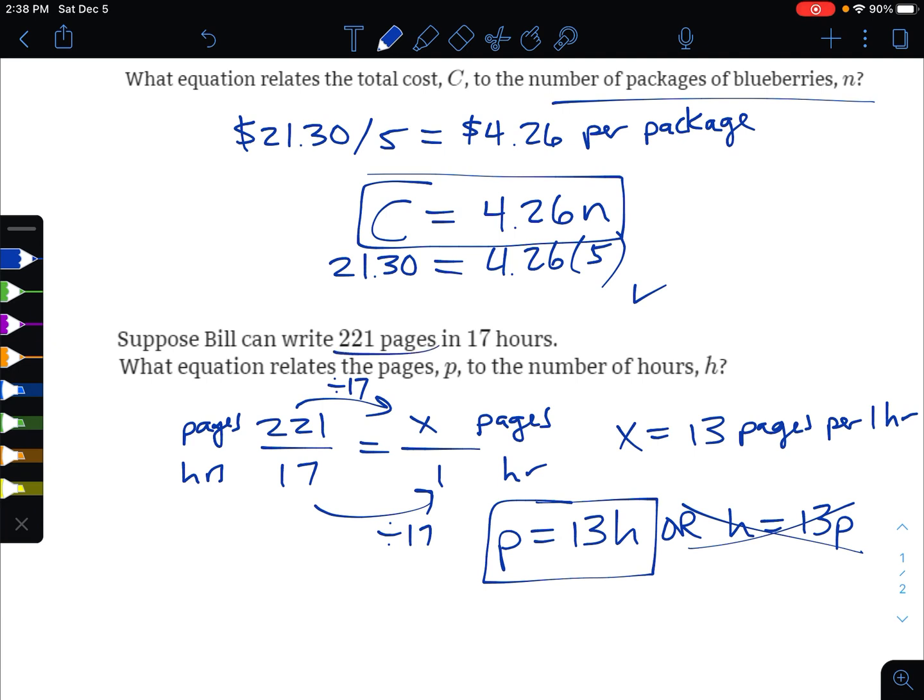This is not going to work, because if we do plug in for our variables here, 221 into P for pages, and 13 times 17 hours, that is equal, whereas 17 would not be equal to 13 times the number of pages. So you can always take a second and double check that. It's pretty easy to see which way it's going to make sense and which way it's not going to work. And that's how